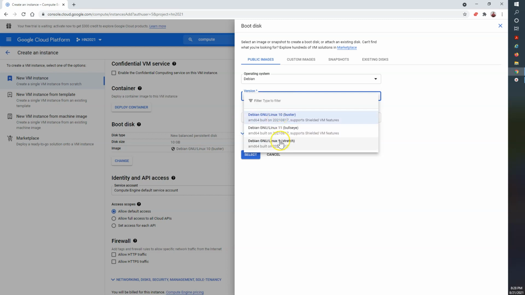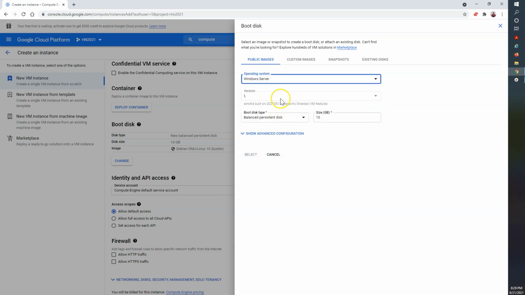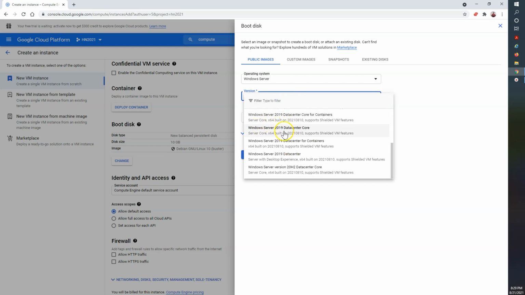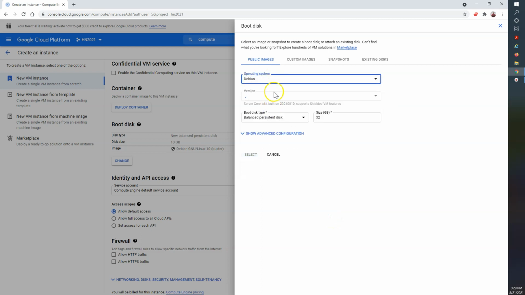Here it is Debian, because we chose Debian. If you choose Windows, let's see, this will again give different Windows configurations, like Server 2019 Datacenter. So these are the different OS configurations. We will take Debian here as the default one.